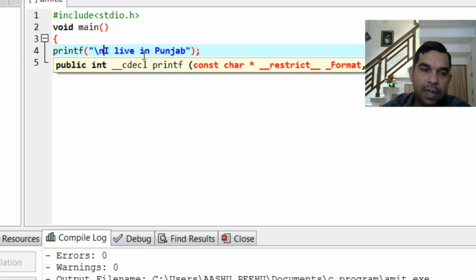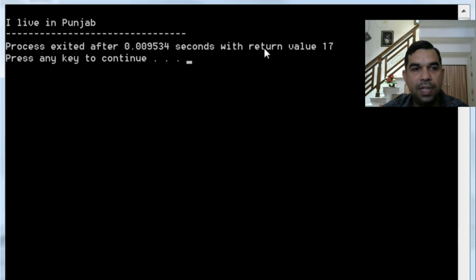That is, new line means this will skip one line and take the output to the next line. You see the effect of this. Again we have to save this, then compile this, and then you can see the difference: now we have one empty line, then we have our output.